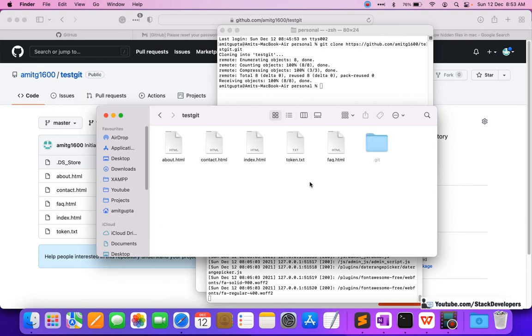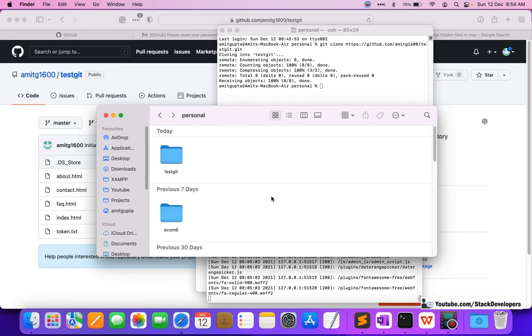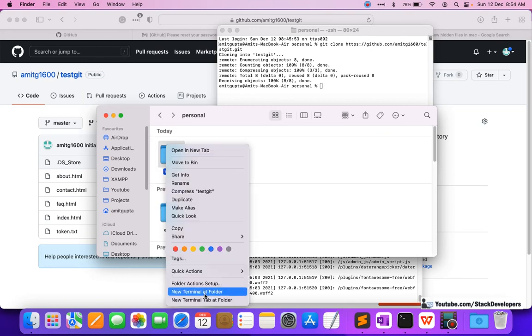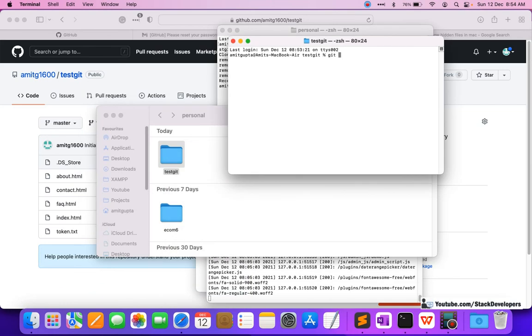So see here, we can test it as well. This repository is working fine. You can open a new terminal folder in Mac, run git status, and all the files must be here. There is no file that is required to commit.